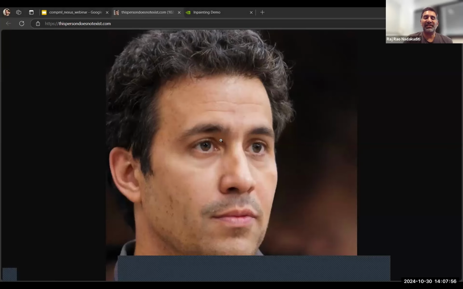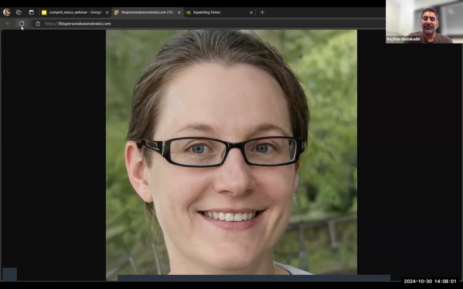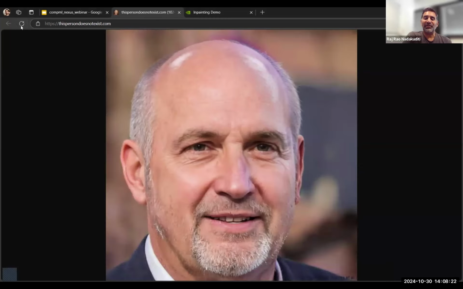This website is called This Person Does Not Exist. Every time you reload this website, it basically generates a fake face. Each of these is generated by passing as an input to the neural network face generator program, in this case I think 512 or 1024 random numbers drawn from a Gaussian distribution, and the output of it is basically a face. So every time I press reload, I get a new face, because that corresponds to a new set of random numbers that generate that face according to the neural network that was trained for it.